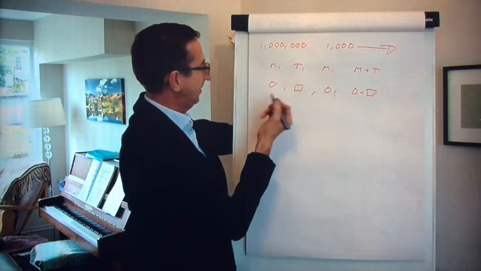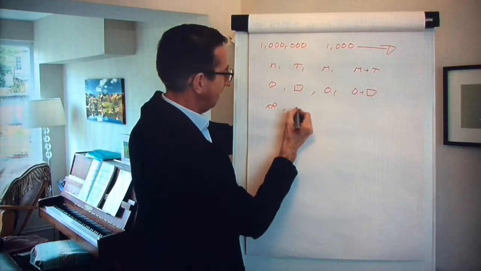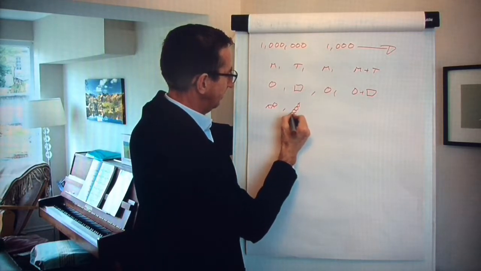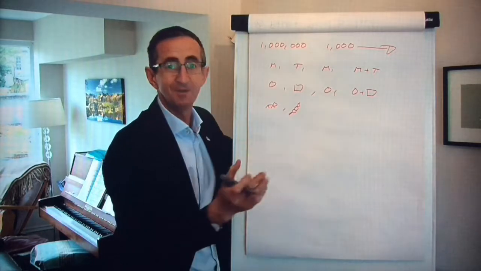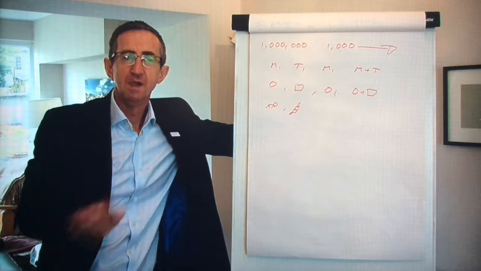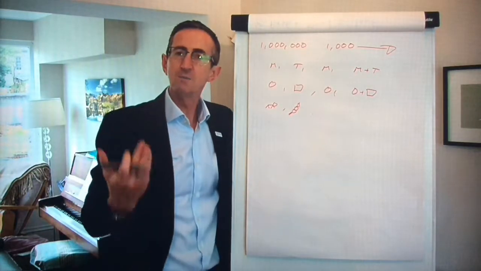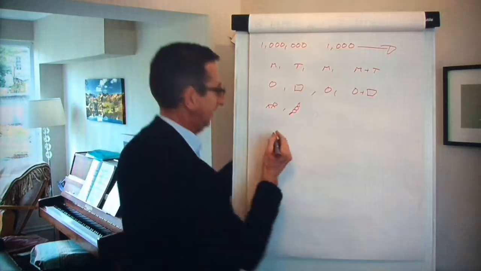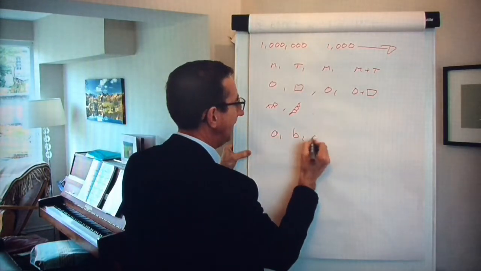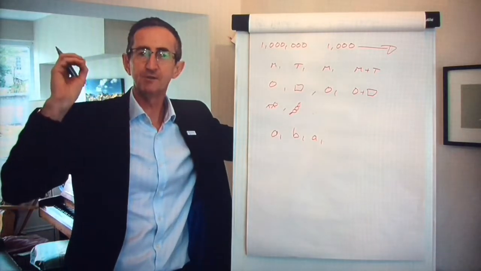Could we use a cat and a little rabbit? That's not a rabbit, sorry, I'm rubbish at drawing. And you say, yeah, we could. So, oh, that's interesting. So we can carry this pattern on. I tell you what, why don't we just use the first letters of the alphabet? So you do A, B, A, and then wait, because some will say A plus B, some will say C,